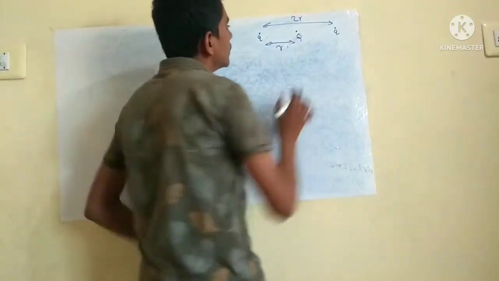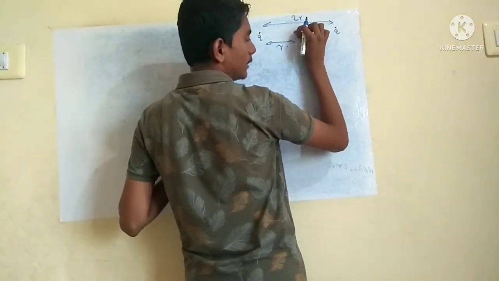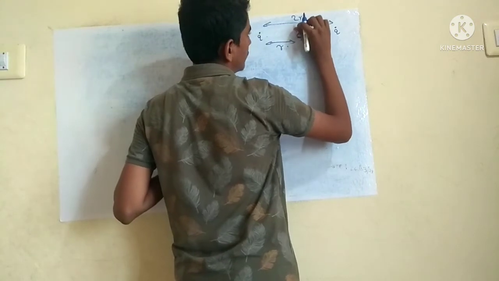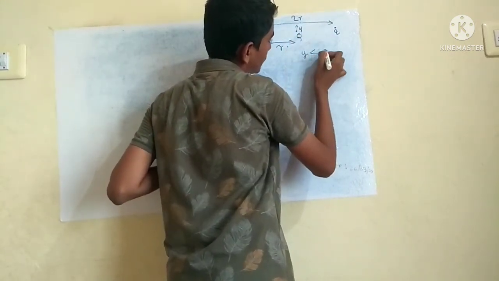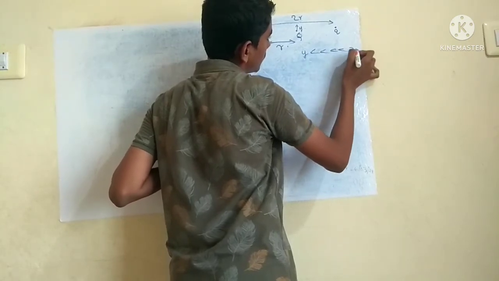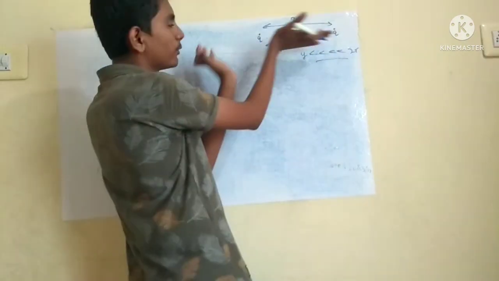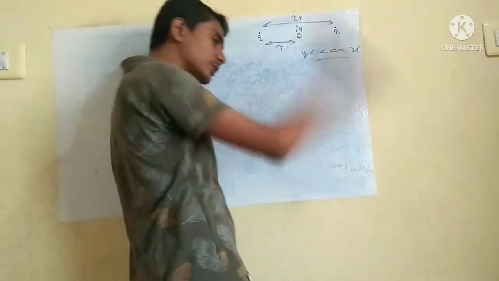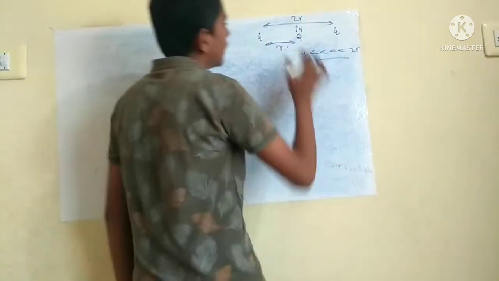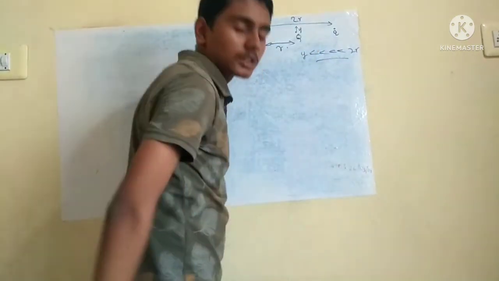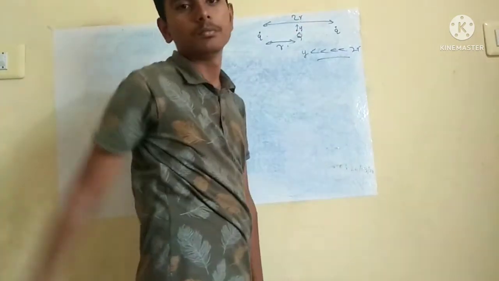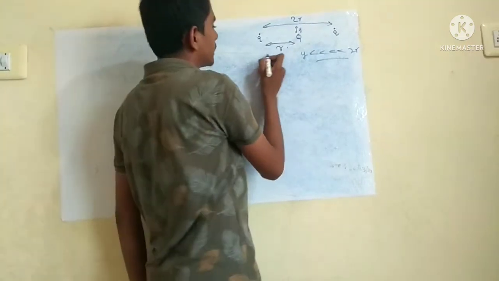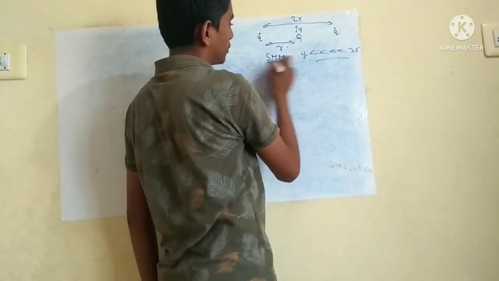Now what will I do? I will just lift up this Q up to some distance y, such that y is very small compared to 2r. Means if you compare this distance to that distance, it is negligible. I will lift it up to that distance. Then what will happen? Will it go away? No. SHM, simple harmonic motion case will come.